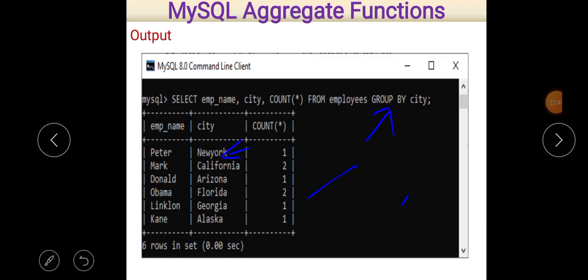Okay, and always remember that when we use group by clause, then aggregate function should be used, and here aggregate function is count star. So different aggregate functions are there. Count is one of them. Others are min, max, average, sum. Okay. Now,